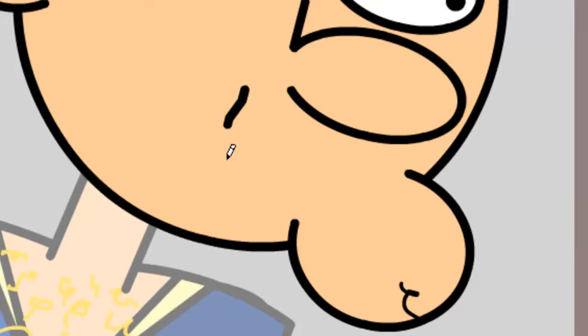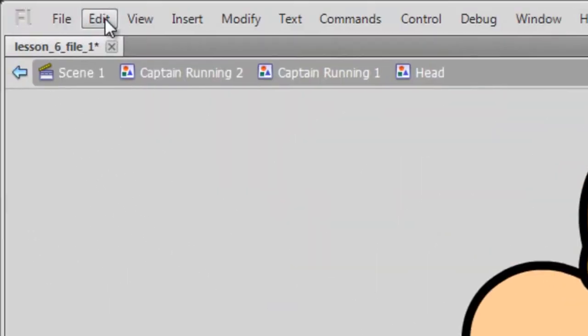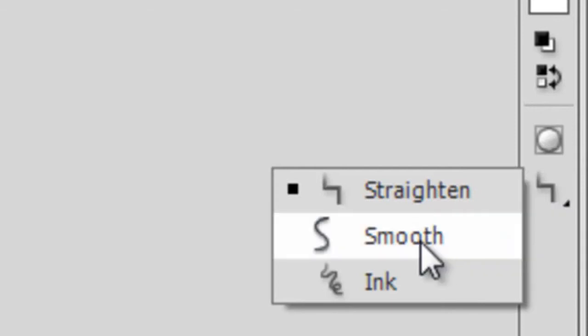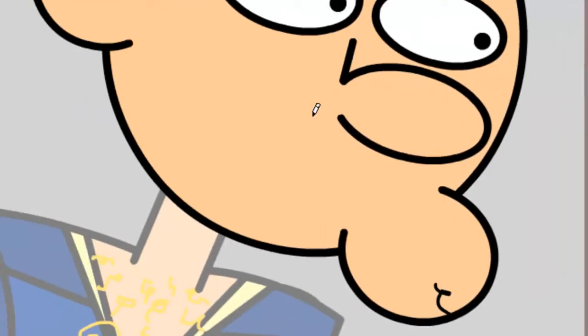Oh, I'm actually going to undo that really quick by going to Edit, Undo, because I forgot to set my pencil type to be smooth, and that's what I want. This catches a lot of people sometimes because they'll draw and it won't appear like they want it, but make sure you check that option before you start drawing. So anyway, coming back to my head, I'll simply draw a line down and then up and around like this